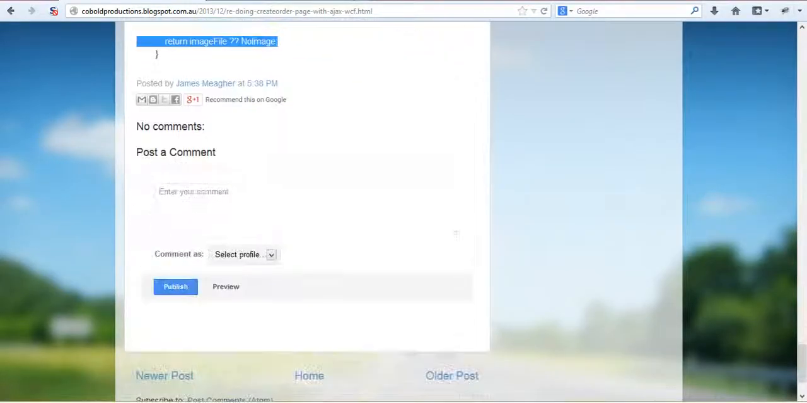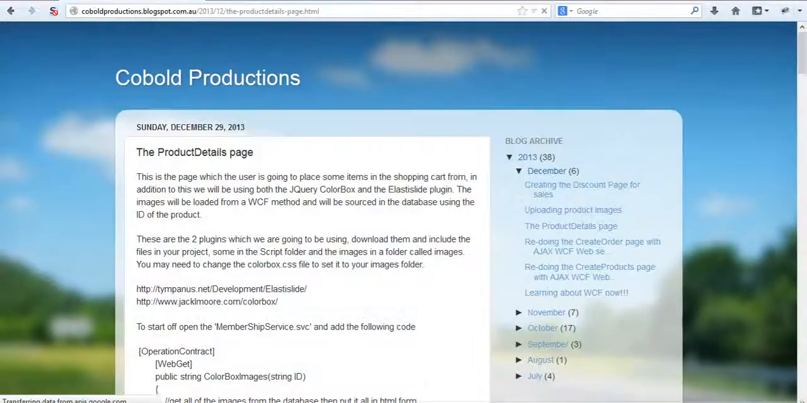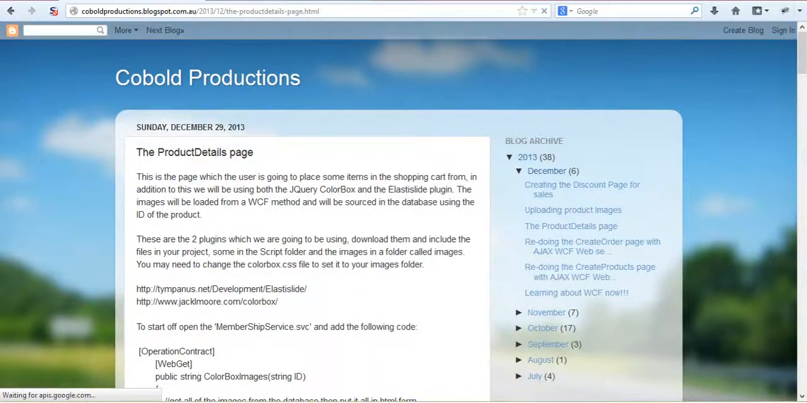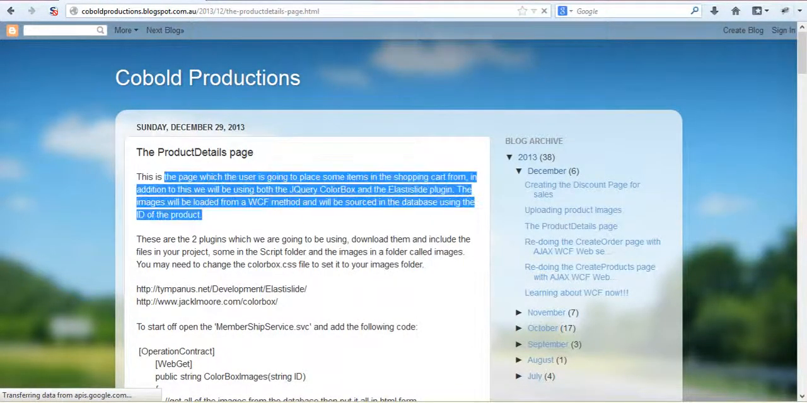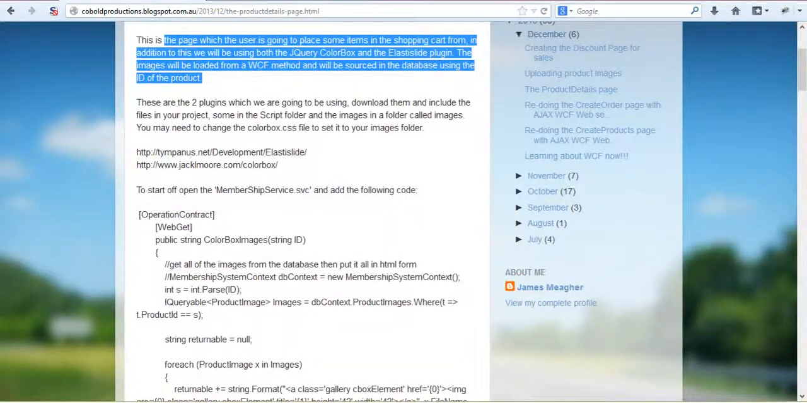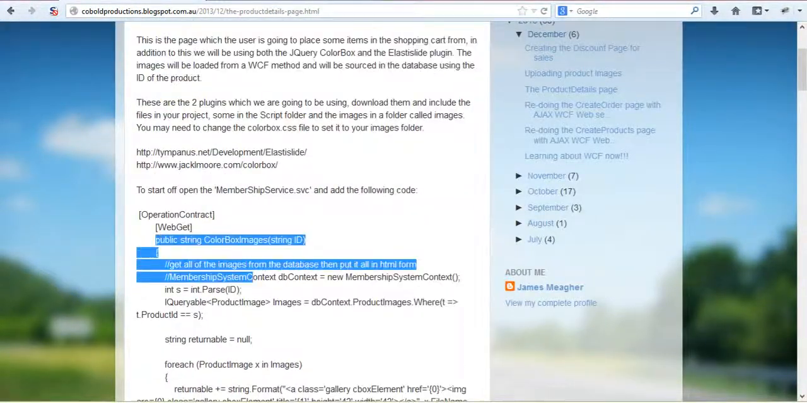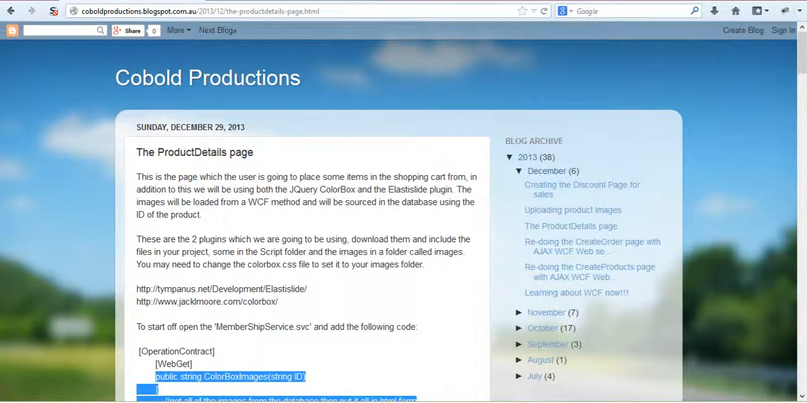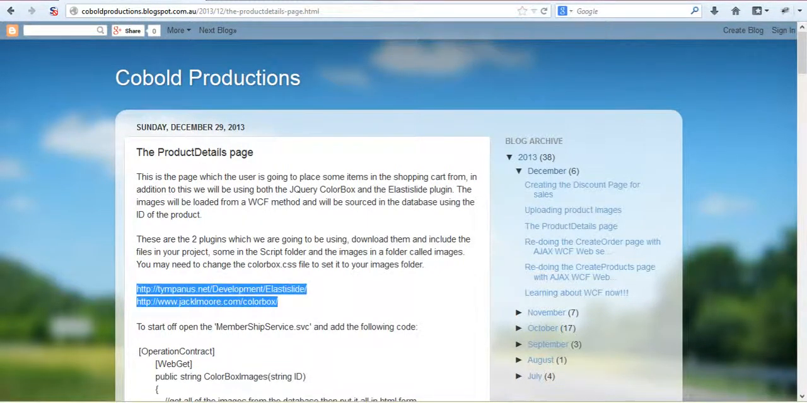But yeah, next time what we're going to be doing is the product details page. So basically, this will be where we set up more WCF methods. You're going to have to go to these two sites, and the first thing I'm going to be explaining to you is how